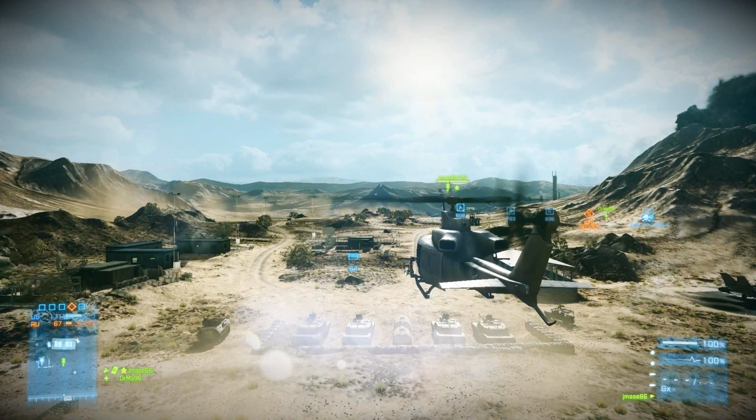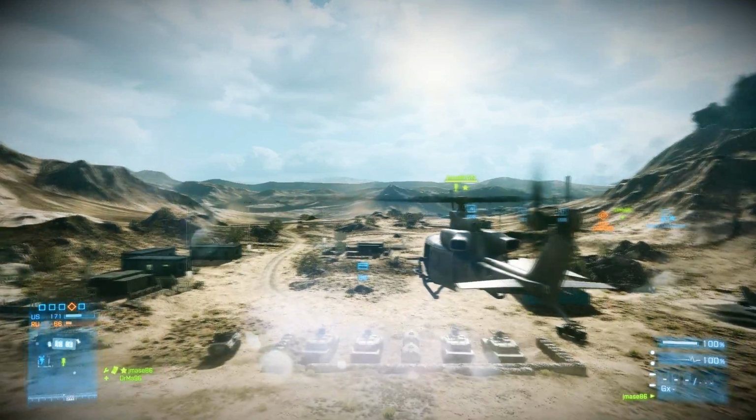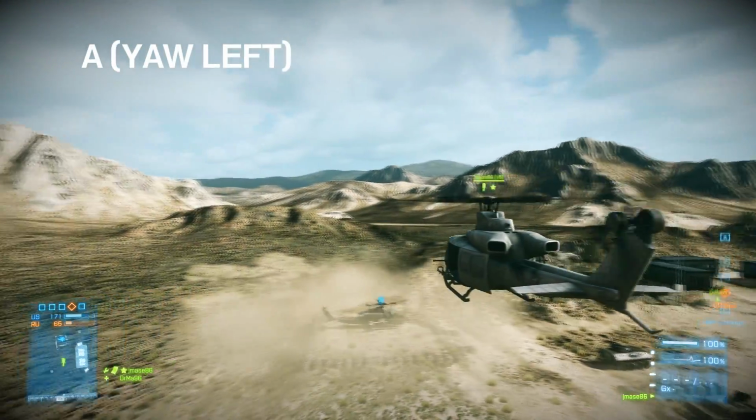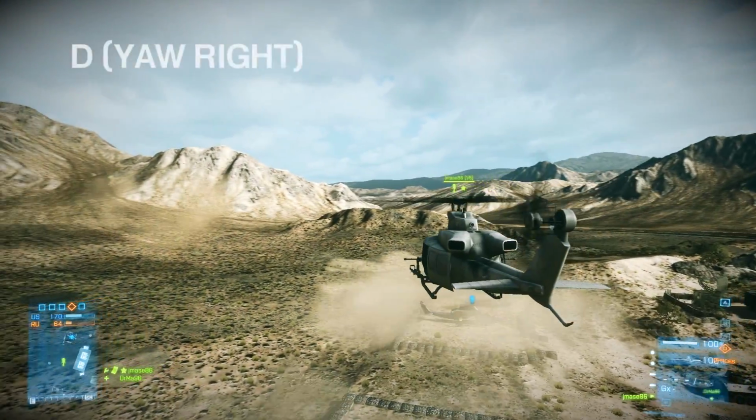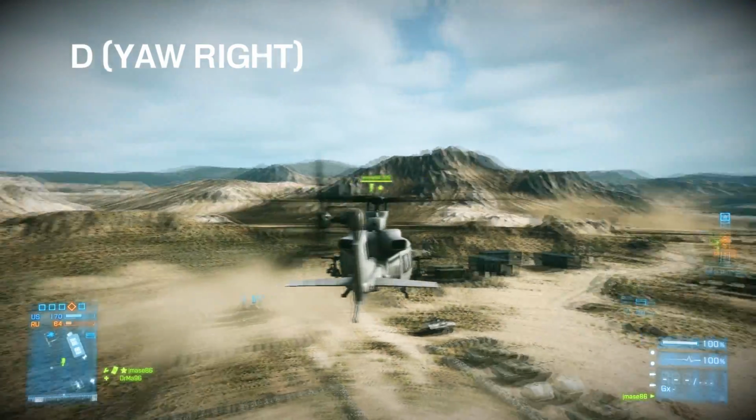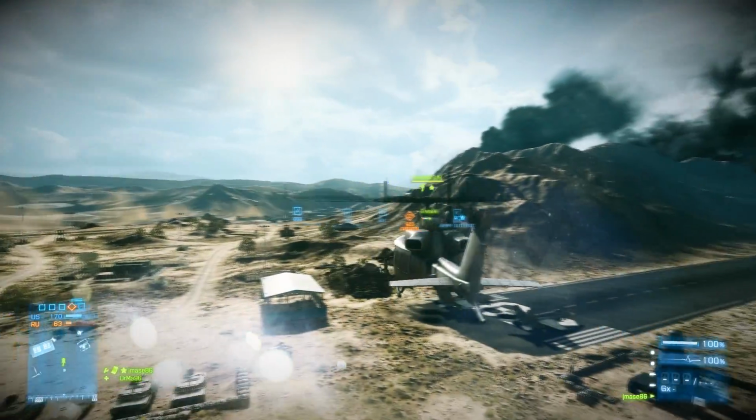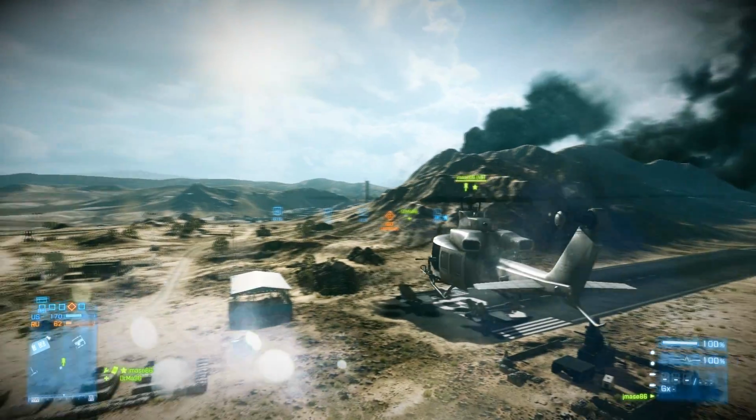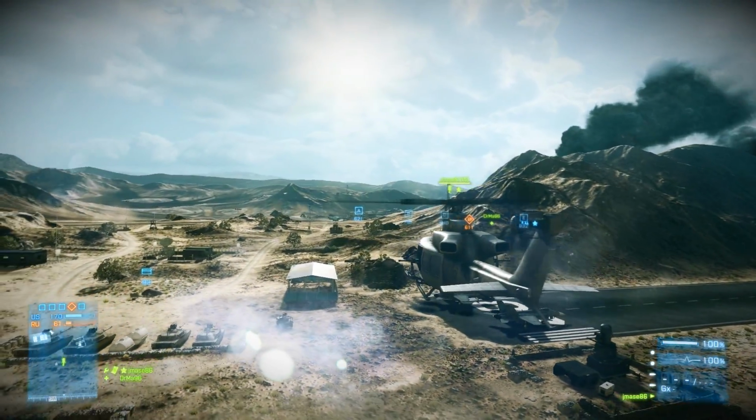Now when you want to turn left and right, of course if you want to go to the left, you press your left key, which is A. That'll turn us to the left. And then your right is the D key, which will turn us to the right. And again, you'll notice that I'm not really moving much, and that's because I'm not using the mouse,